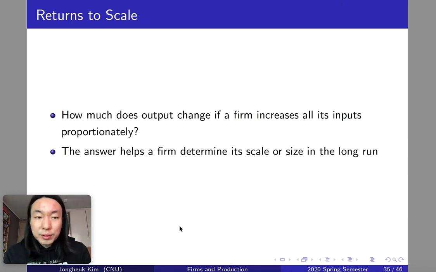Okay, so the last one to study about is the returns to scale. The returns to scale is a pretty important property of the production function for a single producer, because at some point you need to determine whether you're going to expand your business or keep maintaining the same size of business. Okay, if your chicken restaurant is in a boom situation because everyone likes your chicken, then you're considering hiring